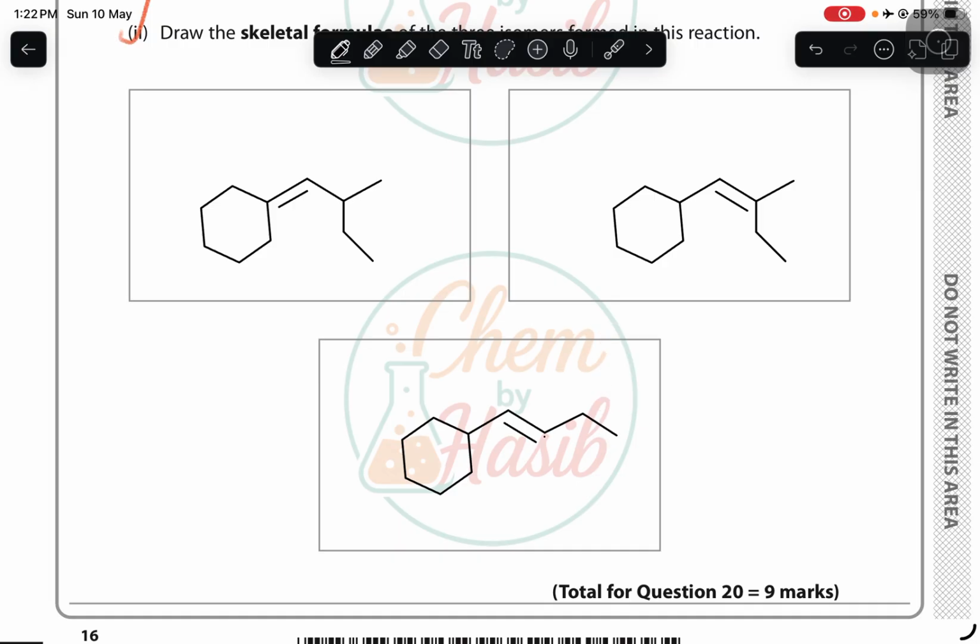Right? We have actually changed the two groups here. This group was above the double bond, now this is below the double bond. This ethyl group was below the double bond, now it is above the double bond. So these are the three skeletal formulas that you can draw. All right. Now we move on to question number